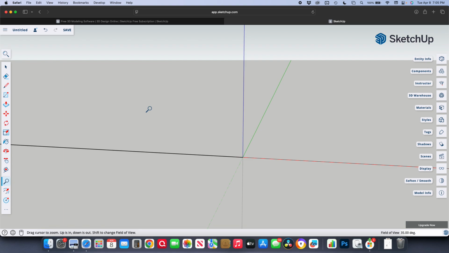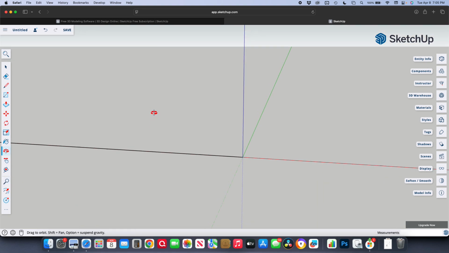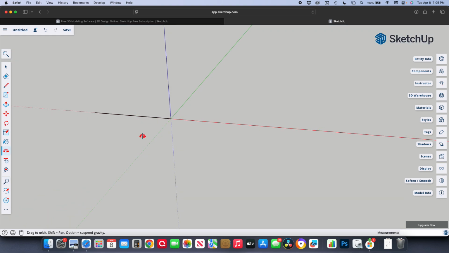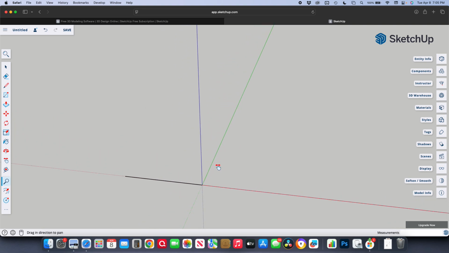Bear with me because I'm using, there we go. All right, zoomed out. I'm going to orbit that up to make it a little easier for me. I'm going to pan and see where I'm at. When I'm doing the lines,